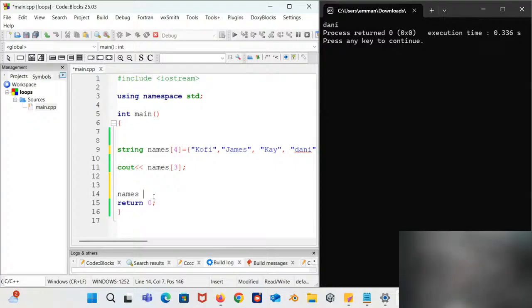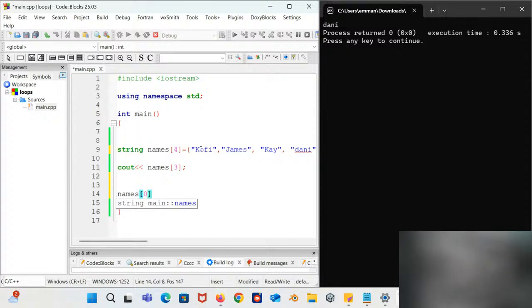All right. So as I was mentioning, we can actually change the elements in an array, right? So here, the first element is Kofi, at index 0. We can actually change Kofi to another name. How do you do that? You just have to enter the name of the array. The name of this array is names, right? Then the index where you want the new element to go. So let's say you want to change where Kofi is. So you bring the square bracket here.